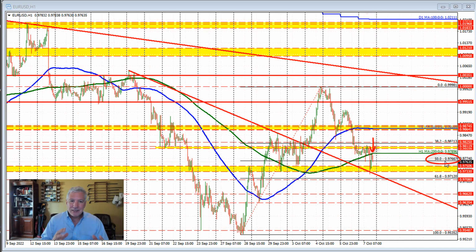So we're not exactly seeing a lot of momentum in one direction or the other. In fact, the price is trading probably in the middle of the trading range right now, with the high up here and the low down here. We are lower on the day. We did stay below the 200-hour moving average, and that for me keeps the bias more to the downside,